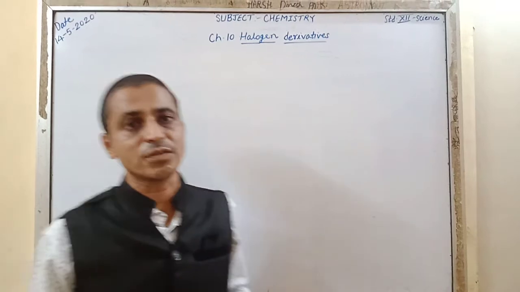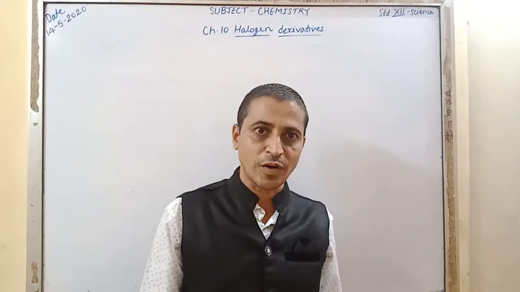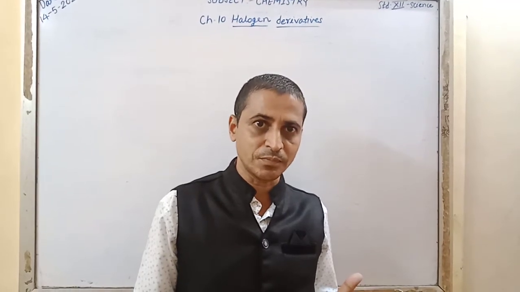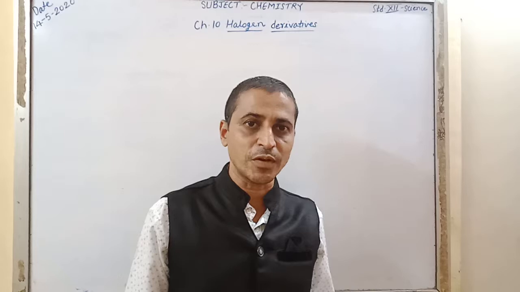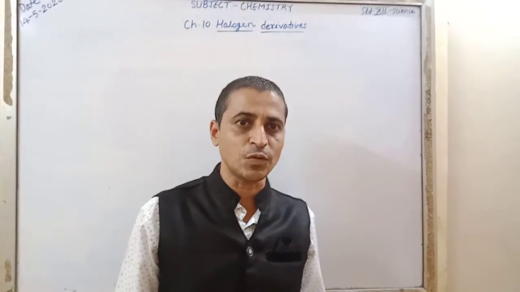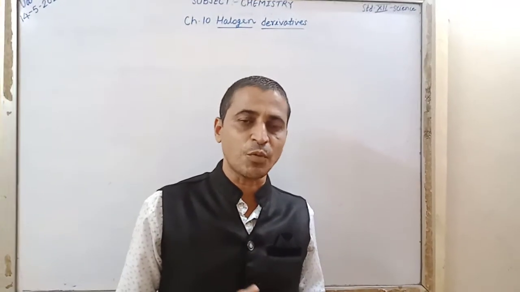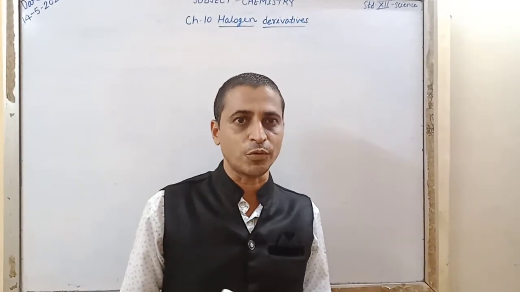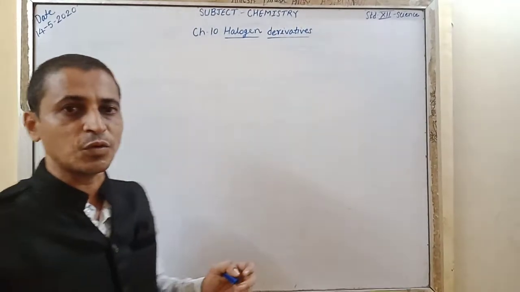In the previous lectures, we have studied about hydrocarbons, classification of hydrocarbons, as well as halogen derivatives of hydrocarbon, classification of halogen derivatives, and classification of mono-halogen derivatives of hydrocarbon in detail. Today we are going to study an important part of organic chemistry, that is nomenclature of organic compounds. Today we will start with nomenclature of monohalogen derivatives of alkanes.